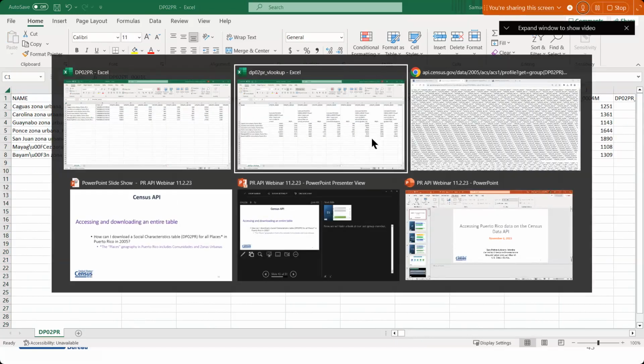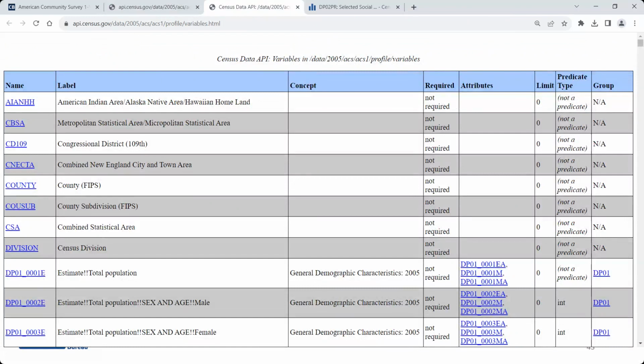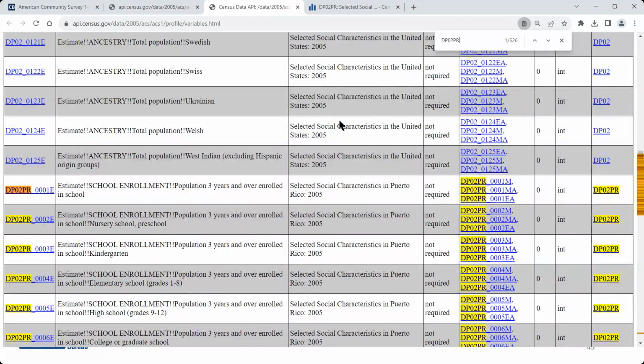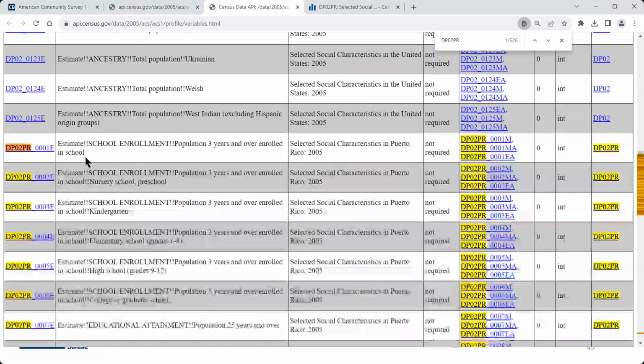So if I go back over to my browser here and go to the variables list, and if I do, again, a quick search using Control and F and search for DP02PR, that table we're looking for, you can see here we have those different variables from DP02PR, the table that we pulled.